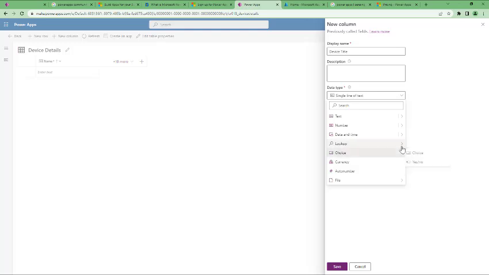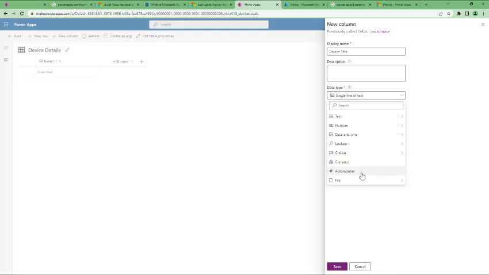Date picker, lookup is to create a relation to another table, and the choice is to create a choice of type like yes or no, or a list of choices, male female for gender, and device type, where it is a laptop, tablet, or mobile, whatever it is. Okay,